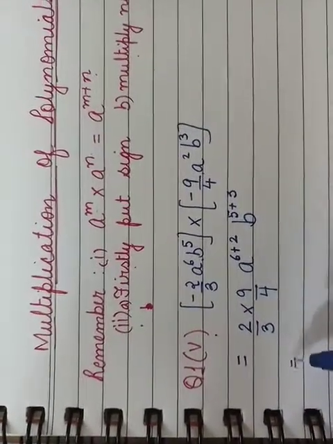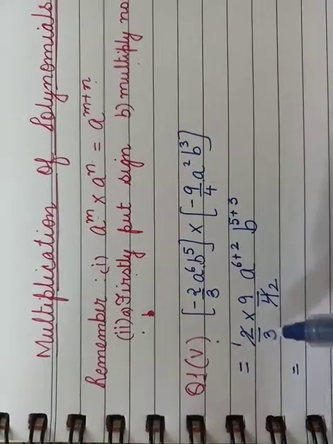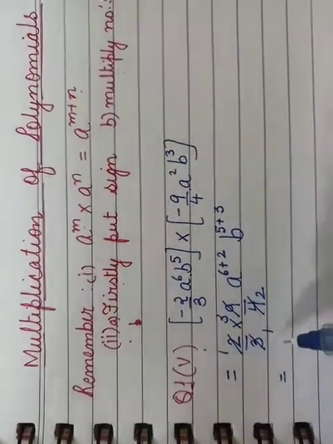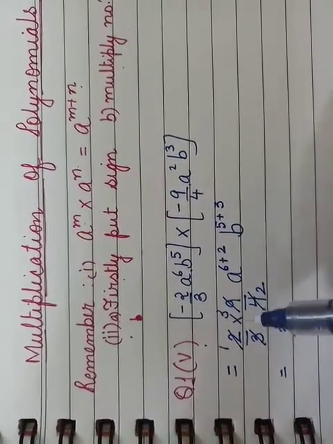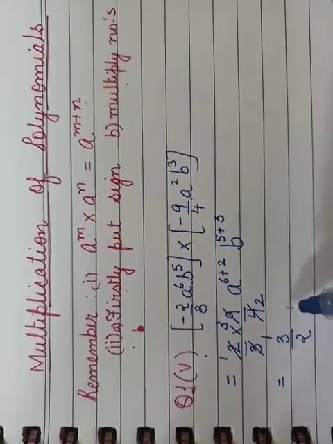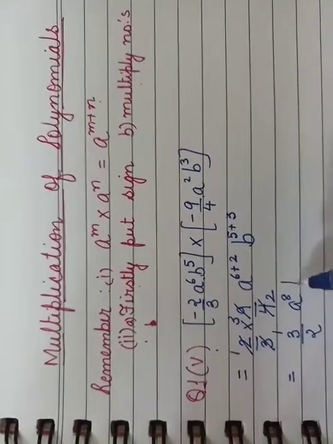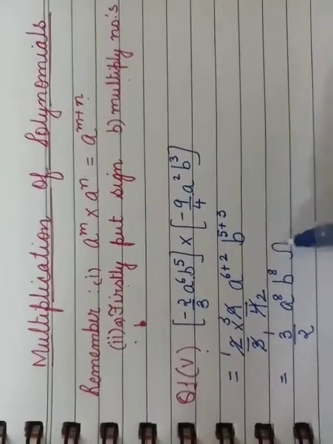Now we solve it further. 2 ones are 2, 2 twos are 4, 3 ones are 3 and 3 threes are 9. So we multiply, and what we get: 1 into 3 will give you 3 and 2 into 1 will give you 2. A to the power 6 plus 2, 8, and b to the power 5 plus 3, 8. So this is the answer